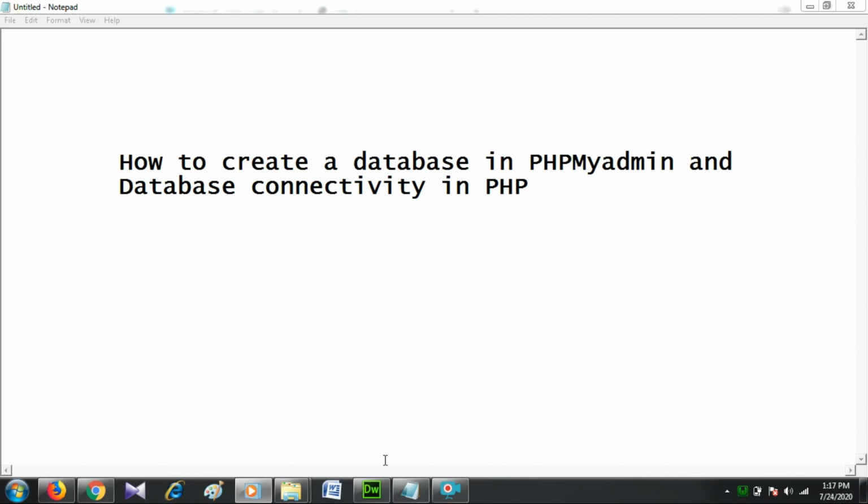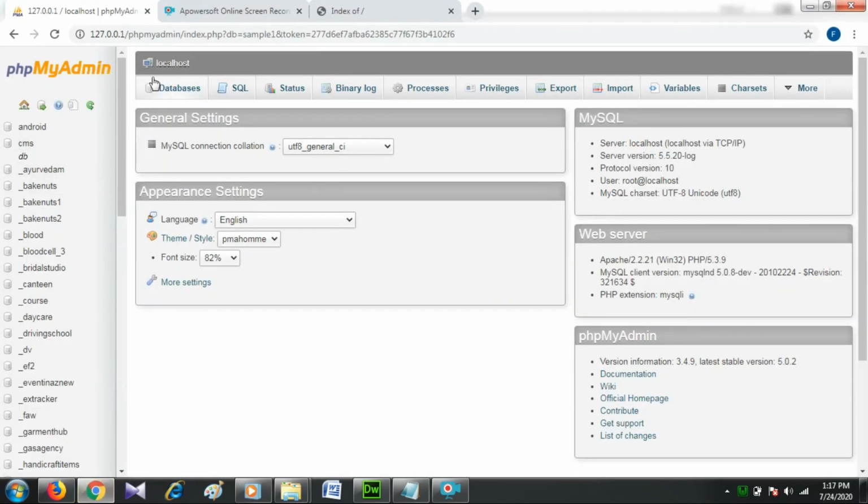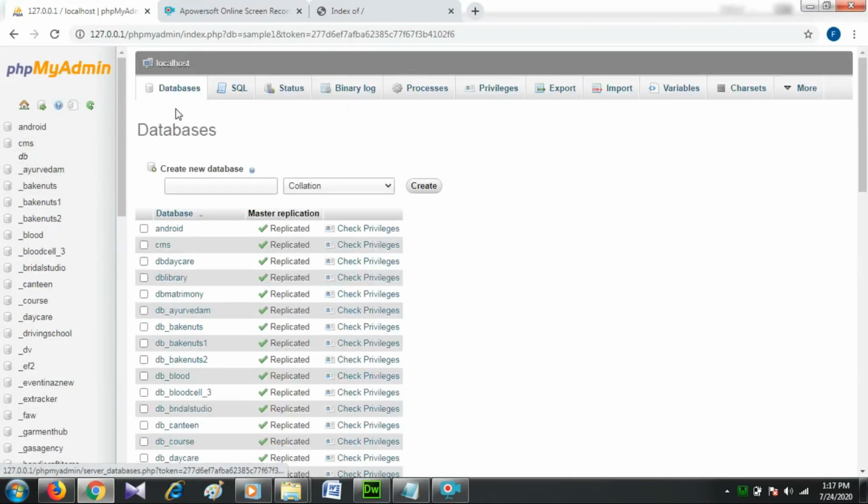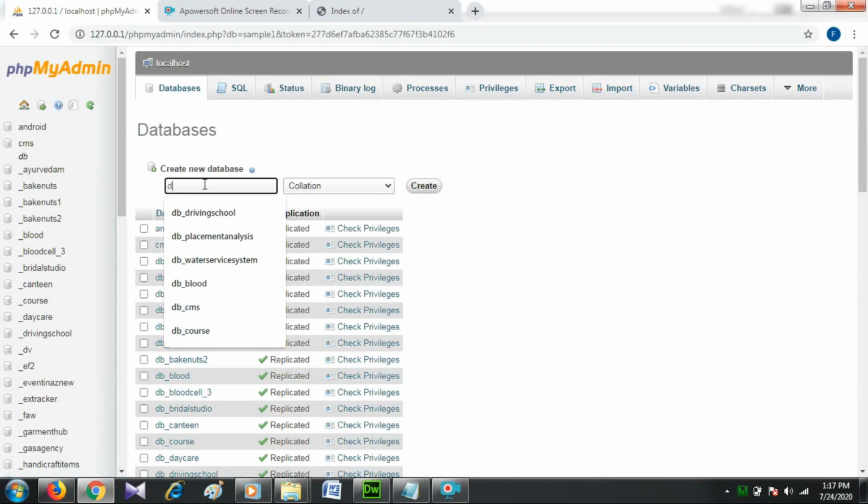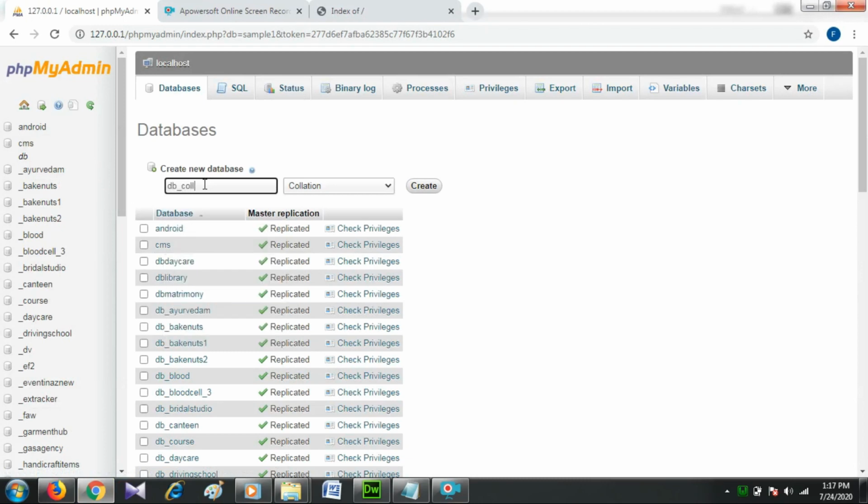In this database creation, first we create a database named db_college and create a table tbl_course. To create a new table inside a database, first open the PHPMyAdmin tool. Click on Databases. Here enter the database name db_college in this text box and click on the button.